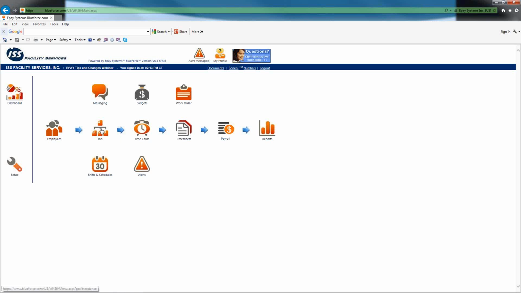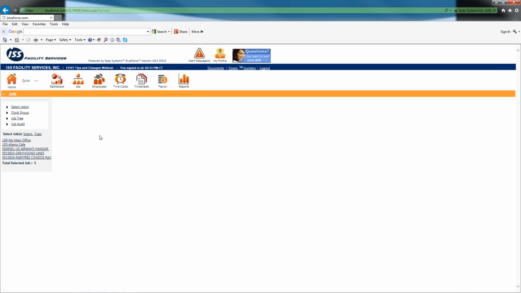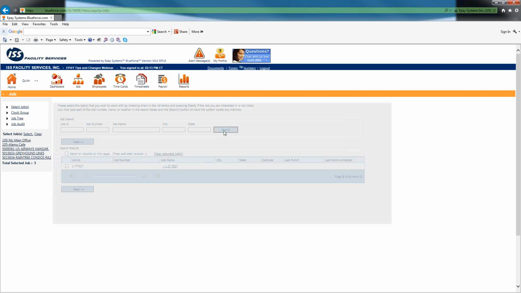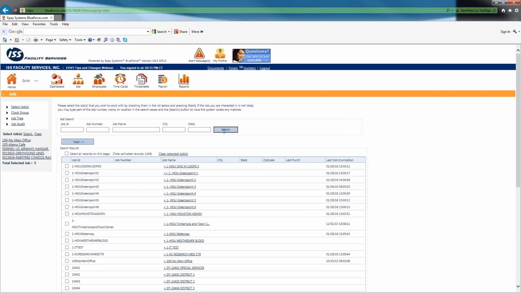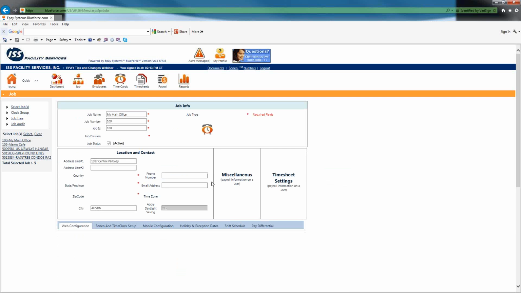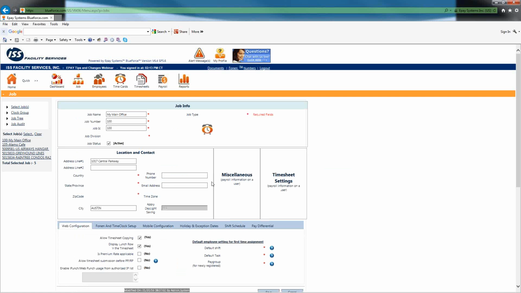So in here, I can go to my job record. Once again, when I go to jobs, I have a list of all the jobs that I have access to seeing. I'm going to take my search criteria out of here so I can see all of the ones that are out there. The example I want to give everybody is, if I pick my job, in this case a job called 100 My Main Office, which is a fictitious job,